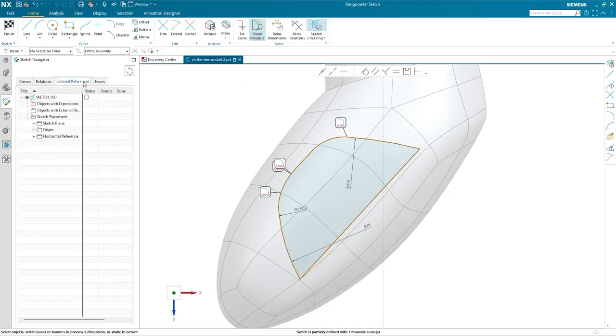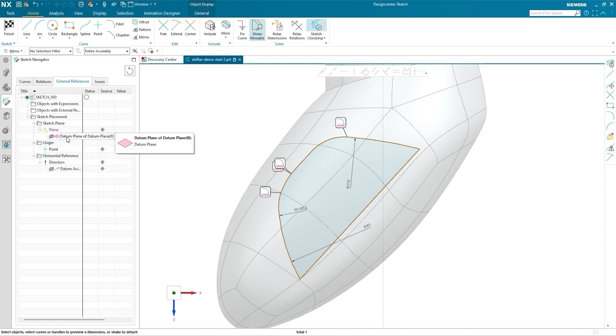The External References tab lists all internal features of the sketch with external references. It's useful to have these listed separately since, unlike everything else, you can't edit them within the sketch itself. The final tab in Sketch Navigator, Issues, brings us to the next new feature we want to show you: Sketch